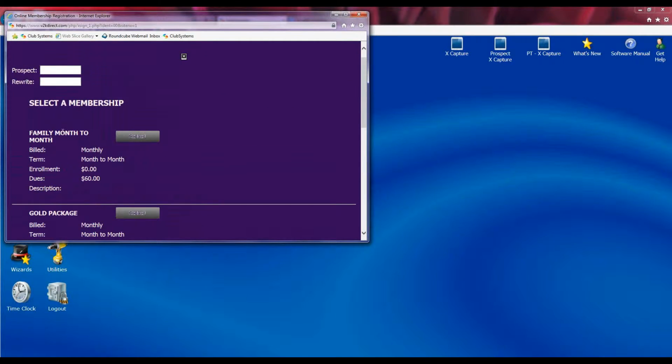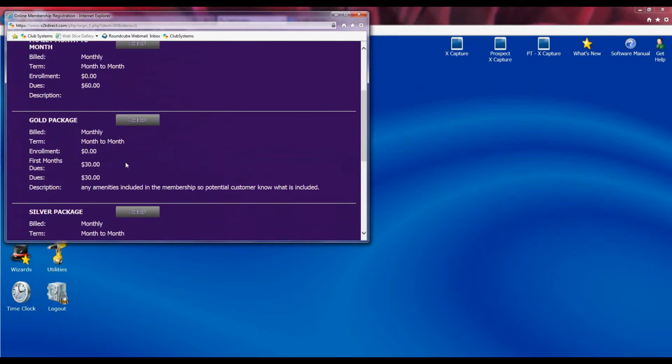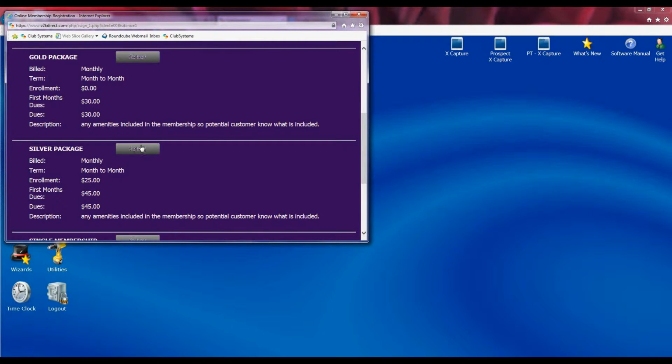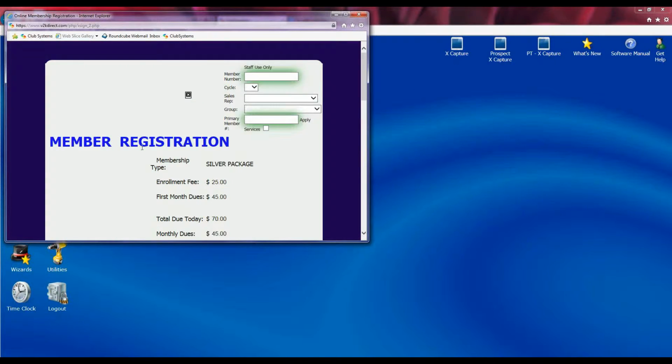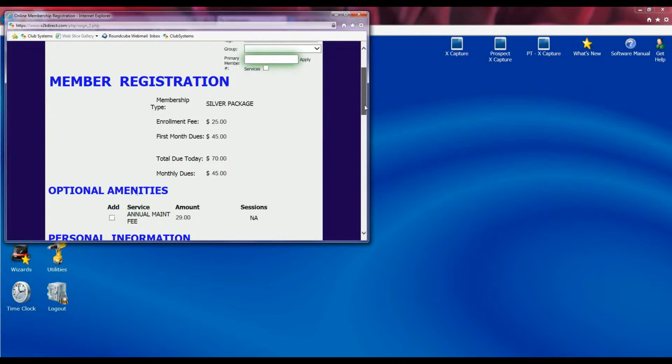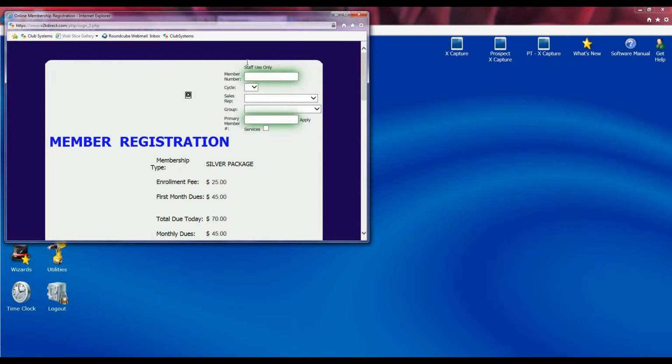If this is a new member, you would simply go to the membership type that the member is signing up for today and click on that selection. Once the membership has been selected, we come to the contract or member registration page. Up at the top, we do have a staff use only section where your employee fills out the section,